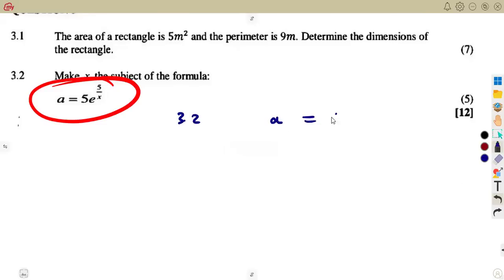The layout, everything, they just change the numbers. All right, no problem, guys. Remember, we have got